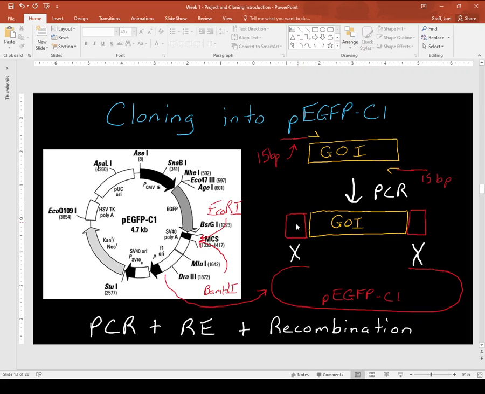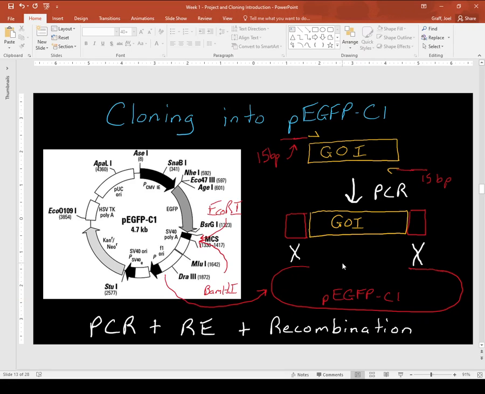So we're at that point. This looks a lot like with pGBK T7, where we're able to do a recombination and paste or recombine this piece of DNA into this piece of DNA. So that would be